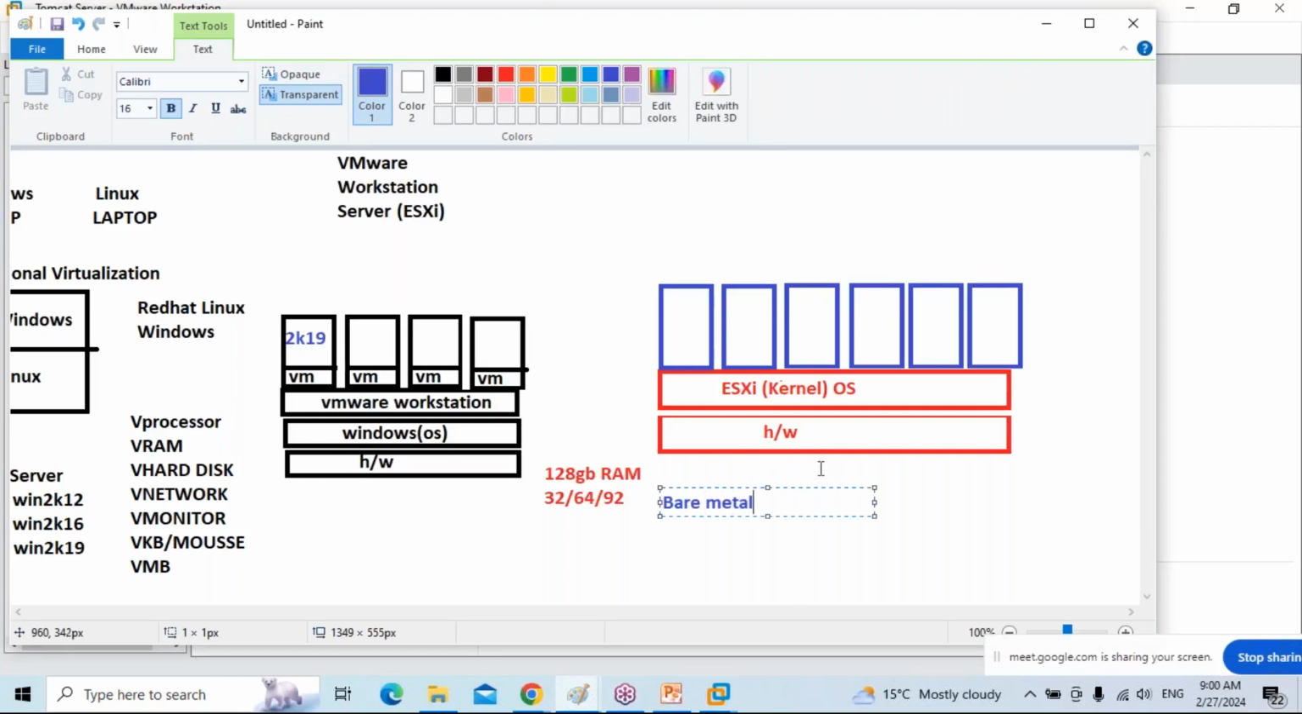So all the cloud service providers are going to use this bare metal. They have a physical infrastructure, physical servers. Directly they are going to install this VMware kernel operating system. On top of that, we are going to create a virtual machine. So these virtual machines,